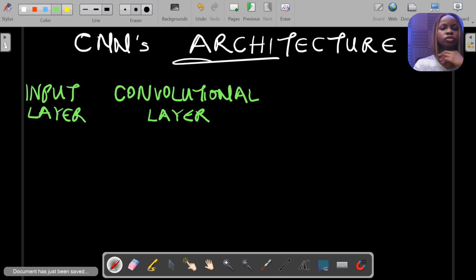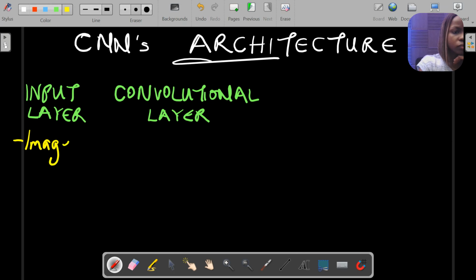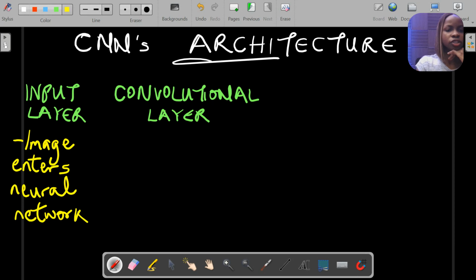Then the convolutional network applies the, let me write it. Image enters neural network, convolutional layer